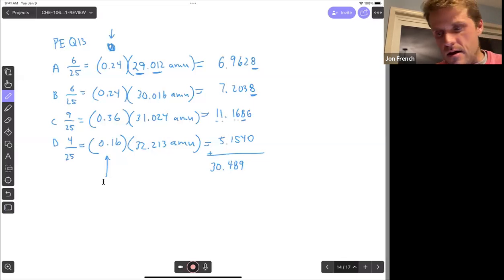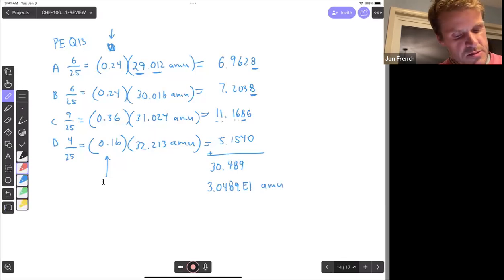So 30.489. In scientific notation, 3.0489 e to the 1 AMU, because we should have 5 significant figures in all of these, and that means 3 decimal places in that one. The rest of these would have 4 decimal places, but because we're limited by decimal places,